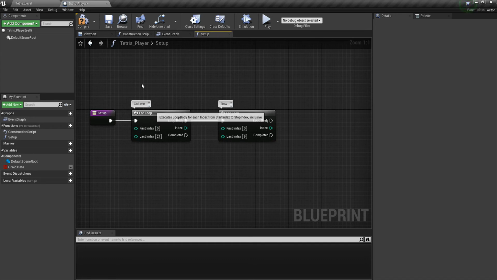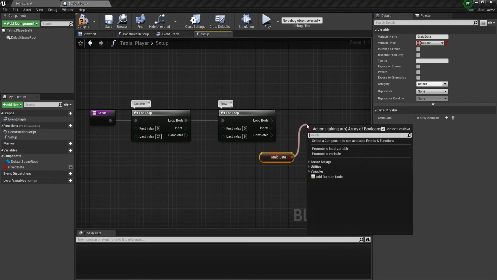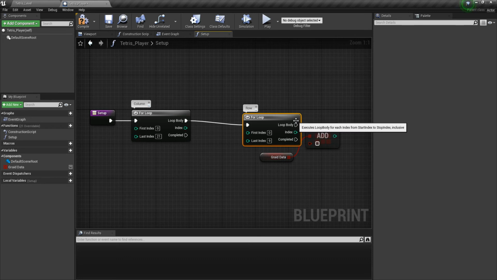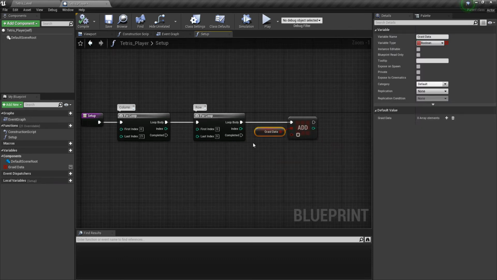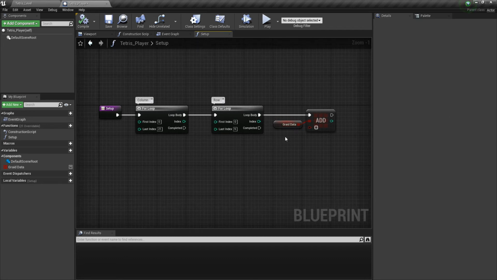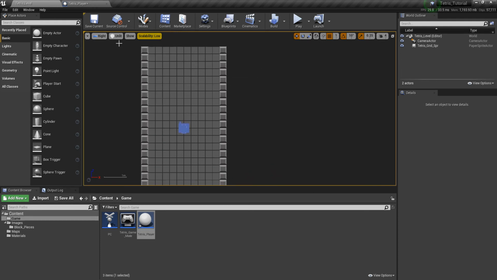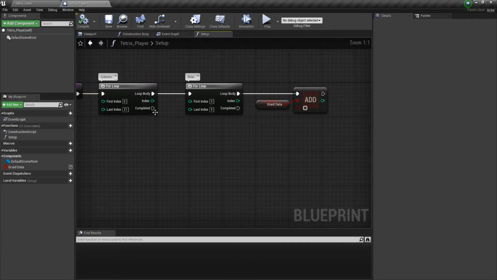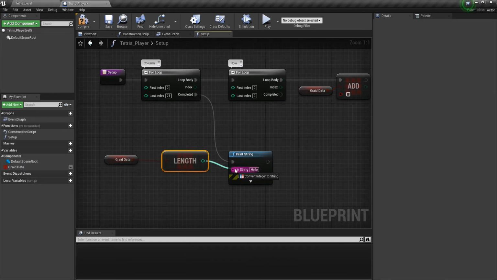So what's happening here? Well, before I explain it, let's go ahead and just do an add. And it'll just default to false. So make sure your array is empty. Now when we run the game, it's going to populate each column and each row with a boolean. And if we do a print string and then get the length of it, we can go ahead and press play,